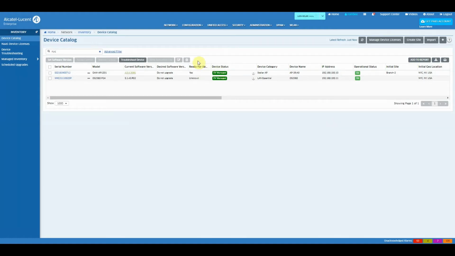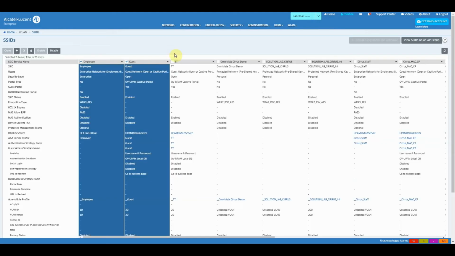So, after reaching the OV managed state, we are going to apply configuration. We will first take care of the wireless aspect. We can see that the company has 2 SSIDs for every deployed site. One for employees, who will authenticate through a Radius server hosted in the headquarters, and one for the guest. The guest will be authenticated by a captive portal with username and password.